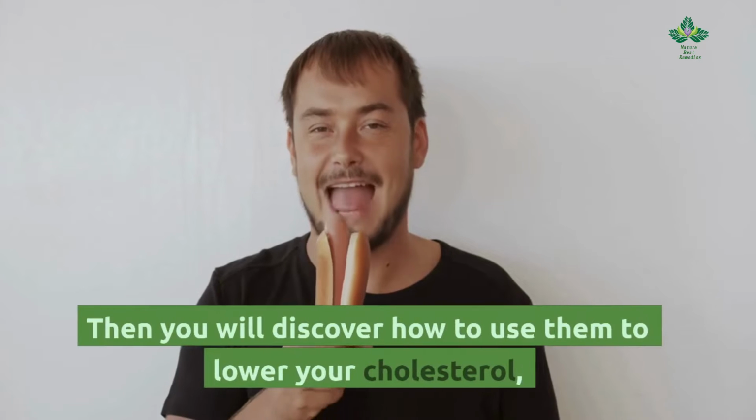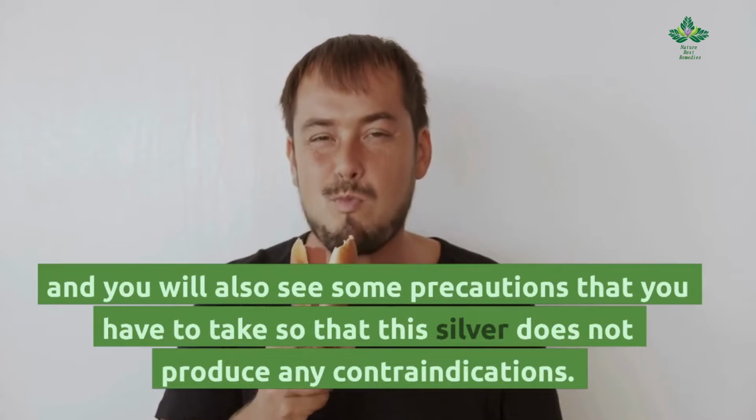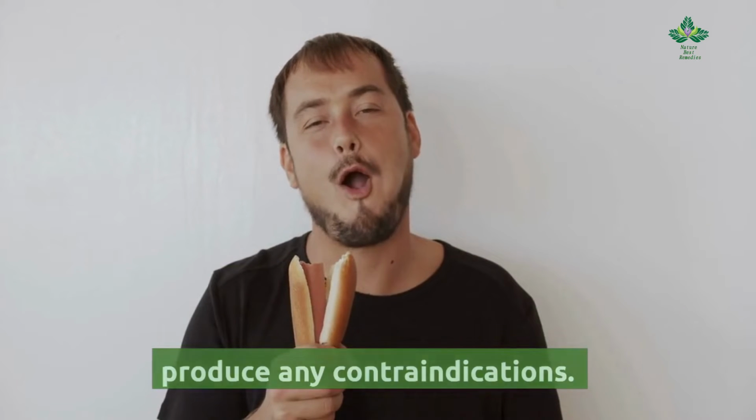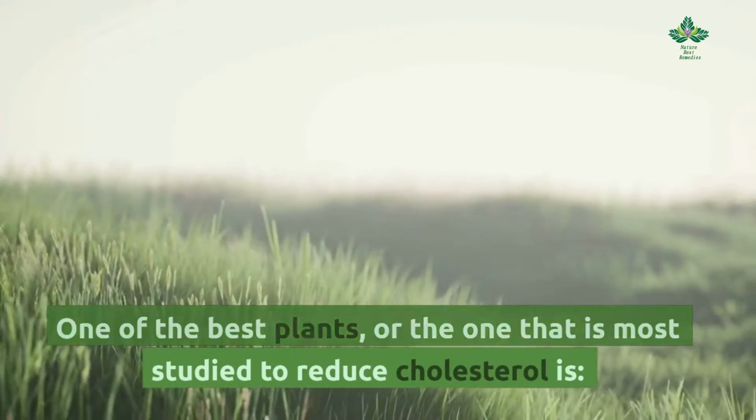Then you will discover how to use them to lower your cholesterol, and you will also see some precautions that you have to take so that this does not produce any contraindications. One of the best plants, or the one that is most studied to reduce cholesterol, is